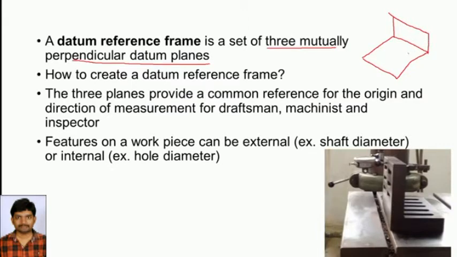So there is a primary reference plane, or reference plane number 1, and the angle should be 90 degrees. Perpendicular to these two, we should provide another surface. So there is a second reference surface, and a third reference surface is also there. All three are mutually perpendicular.